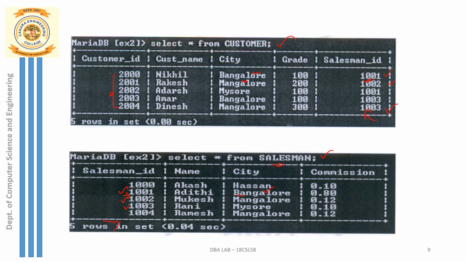So this is how we can make the entries there, and I have here one more customer with a different city, right? So I have a customer 2002 belonging to Mysore, and the salesman who is serving that customer is 1001, and we already know that the city of salesman 1001 is Bangalore. So here the customer and salesman both belong to different cities. Bangalore is the city of the salesman, and Mysore is the city of our customer. I hope this is clear.